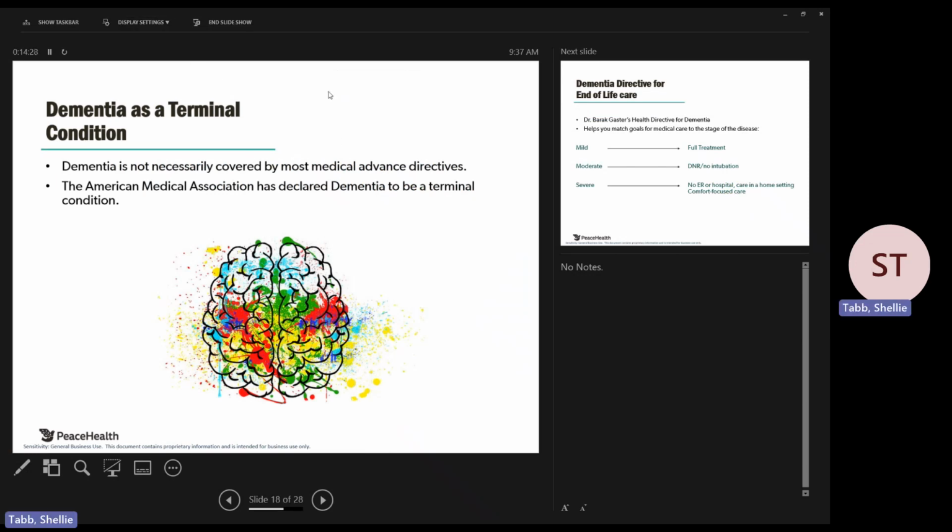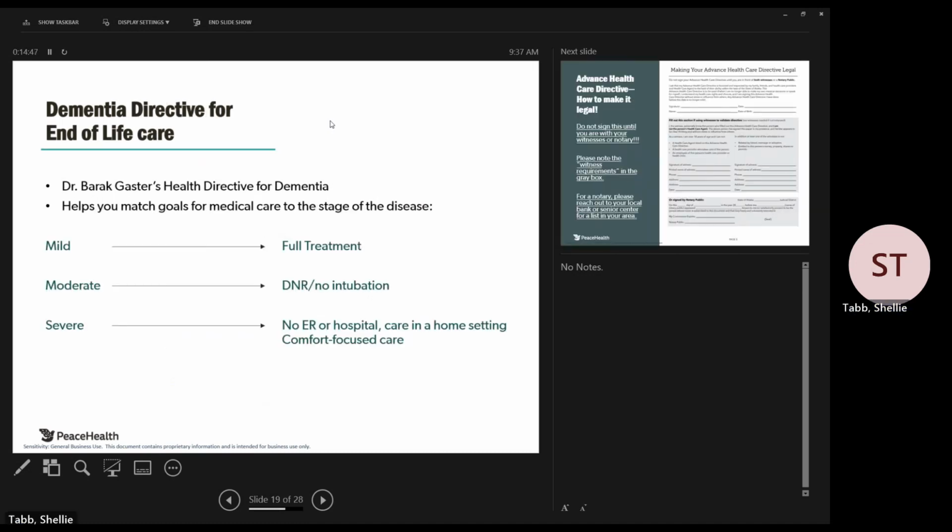So let's talk about dementia as a terminal condition. Dementia is a condition that is not necessarily covered by most medical advance directives, and the American Medical Association has declared dementia to be a terminal condition. So in light of this, Dr. Barak Gaster made a healthcare directive for dementia that helps you match your goals to medical care according to the stage of